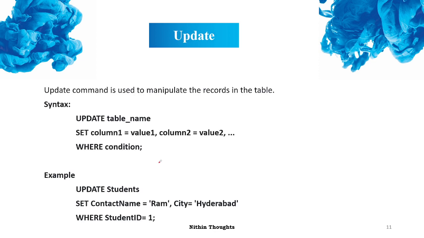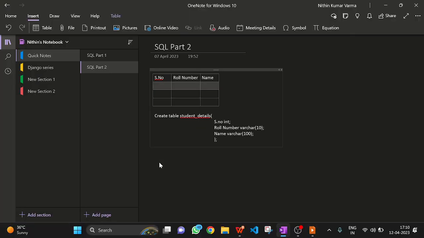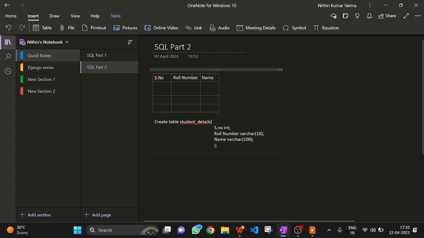So normally the update command is used to modify the existing records, or tuples, in the table. If we see the first syntax, UPDATE table name SET column name 1 equals this. In the example, the student whose student id is 1 will have his name updated to Ram and the city updated to Hyderabad. For our table which we created, how can we write the update command here? UPDATE student details